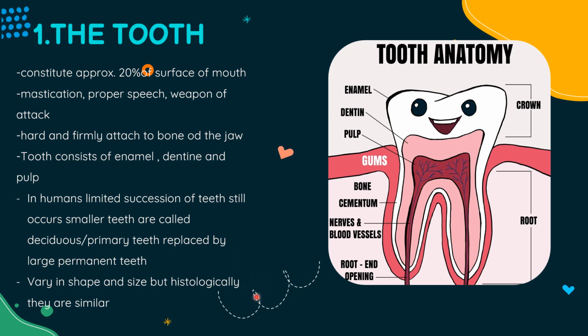That means we have different sizes and shapes of teeth, like we have incisors, canines, molars, and premolars. So they all have different shapes and different sizes, but when we have a histological section of these teeth, they're going to be the same. Okay, so now the first part of the tooth, that is your enamel,